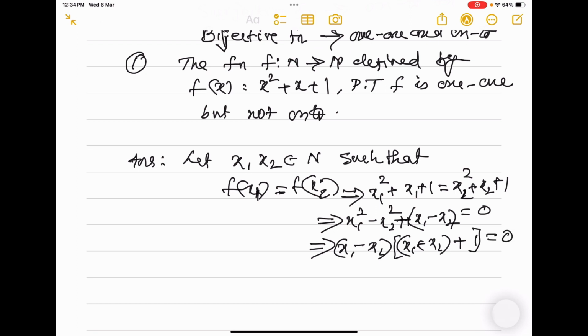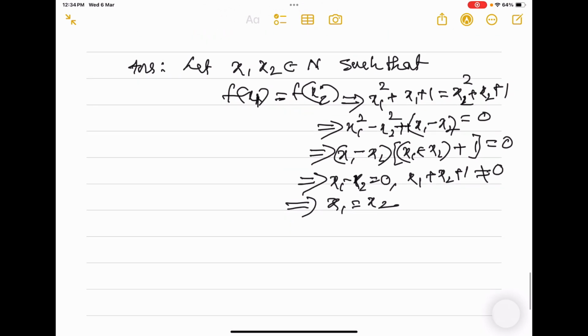From this we take x1 minus x2 outside. That implies x1 minus x2 into x1 plus x2 plus 1 equal to 0. But x1 plus x2 plus 1 is not equal to 0, because x1 and x2 are natural numbers and we add 1. Therefore x1 minus x2 equal to 0, x1 equal to x2. So when we take f of x1 equal to f of x2, we get x1 equal to x2. Therefore f of x is 1 to 1